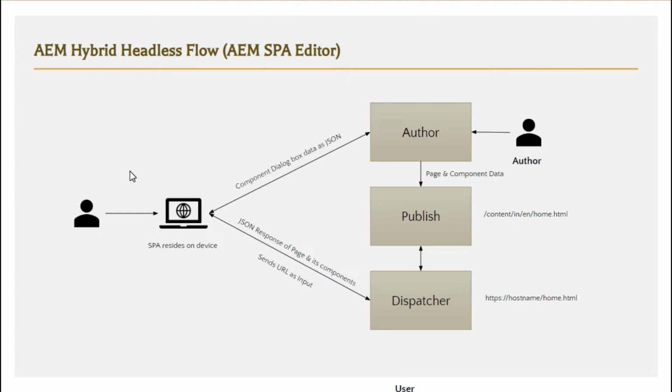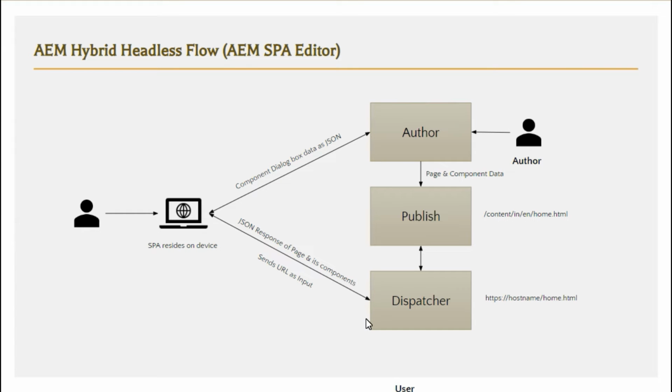The request comes in the format of URL. Let us suppose it is coming as hostname/homepage. So first it will hit the router configuration which you have configured on the SPA, right? Then it will go and load the page component, and that is just a single page component. For every request, only a single page component is loaded,